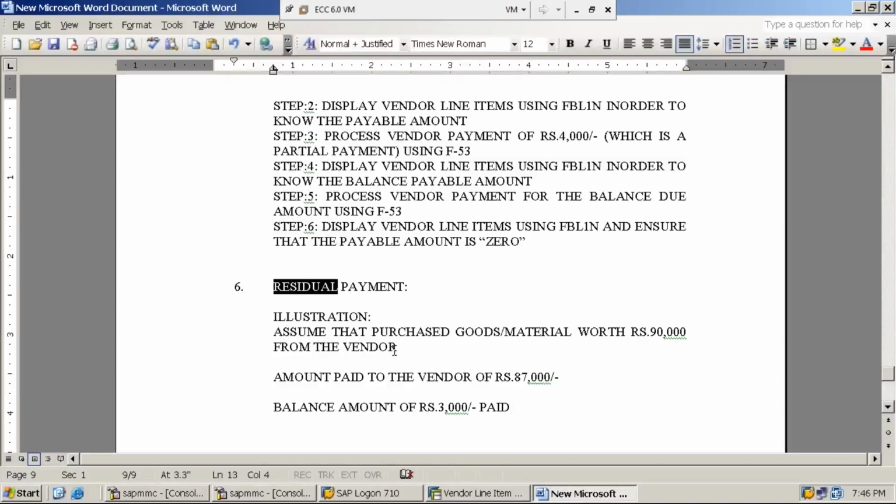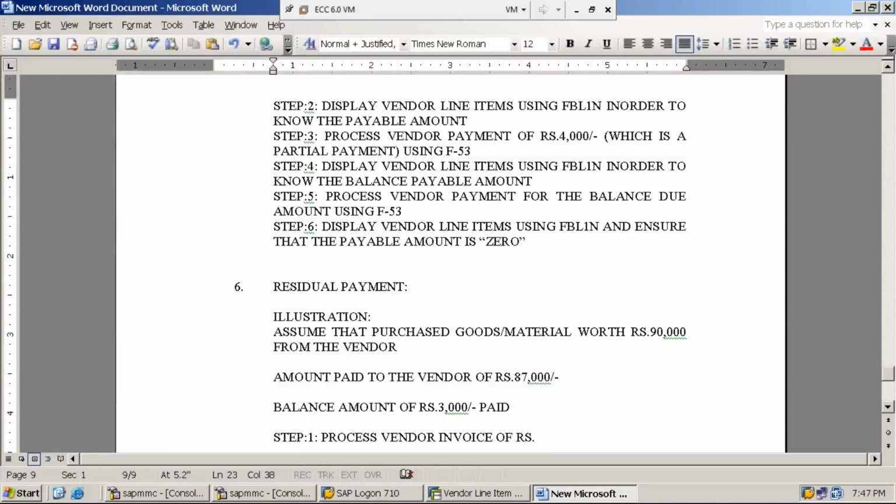Okay. So now let us see how this payment method will be done in the SAP system. So take step number 1. Similar only, no change. Step 1: process vendor invoice. But there are some technical differences from partial payment to residual payment. Though processing wise it looks the same, steps wise it looks the same, there are some technical differences that we need to observe. Those technical differences will be observed after practicing both methods about 5 to 6 times. So process vendor invoice